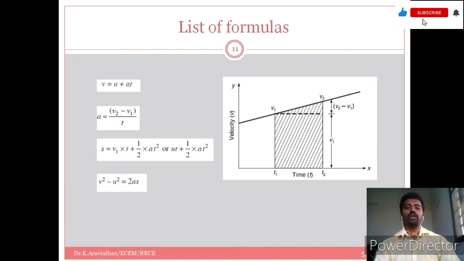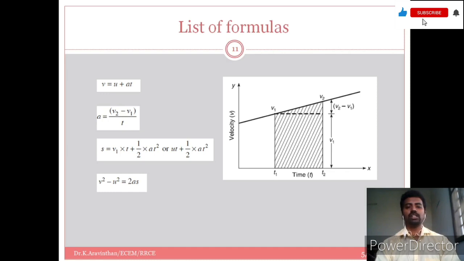Right now, the list of important formulas in order to identify the components of kinematics. What are they? They are displacement, velocity and acceleration. If you want to identify these components for an object or a particle, you have to know these concepts in order to solve the problem. First, you have to understand that if you differentiate the distance with respect to time, you will get the velocity, and again if you differentiate the velocity with respect to time, you will get the acceleration.